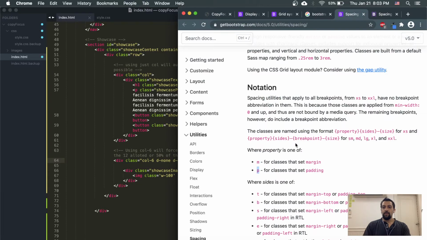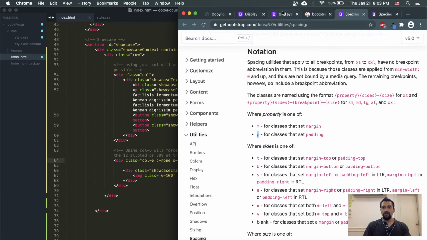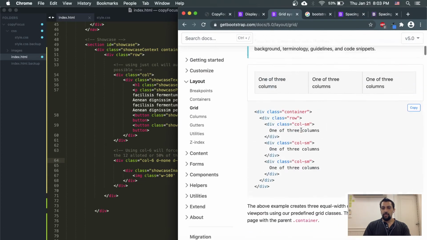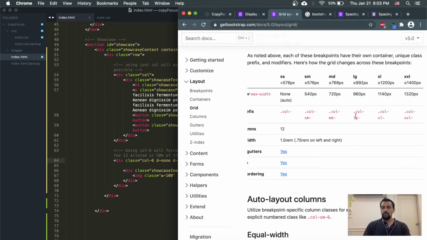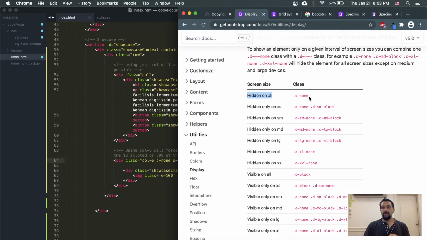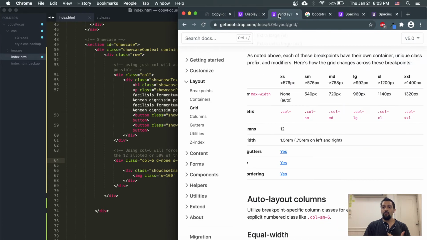Why? Because inside the grid system, where are my class divisions? There we go. There is this section, so anything smaller than 576, my generic column can be used. This is the same as displaying none, so hidden on all or visible on all. This is generic. Now if I want to have this as 540 pixels or anything less than 540 pixels